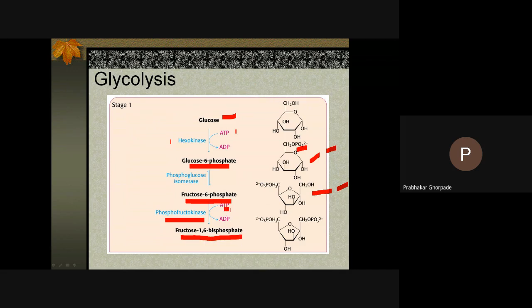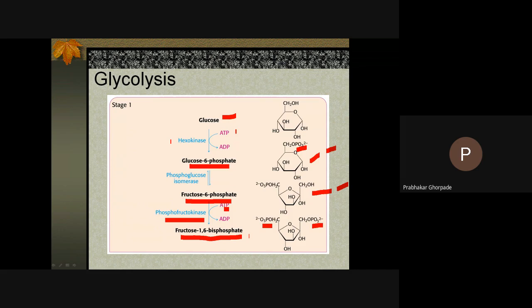So this ATP molecule already... fructose 6-phosphate was there. One more phosphate group got added here, and we got fructose 1,6-bisphosphate. So when we say glycolysis cycle, it is divided into two phases: the preparatory phase and the downstream phase. Preparatory phase means that the purpose of glycolysis is that we want ATP from the glucose